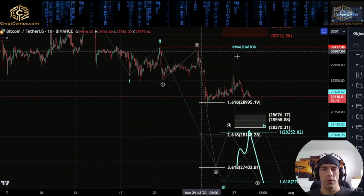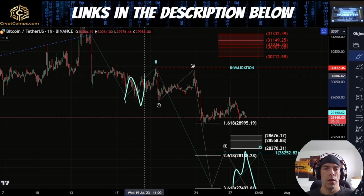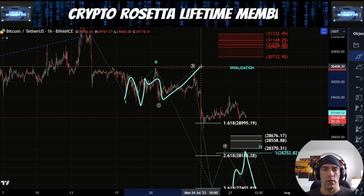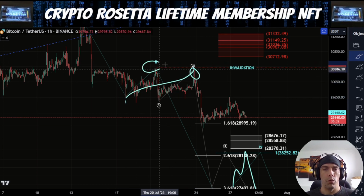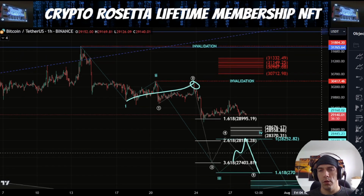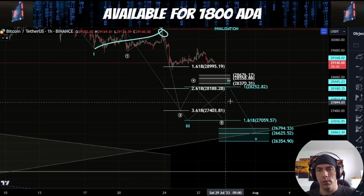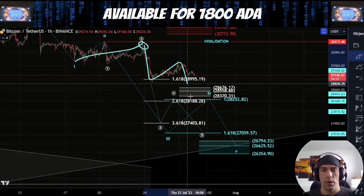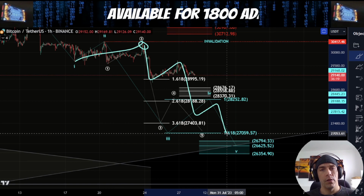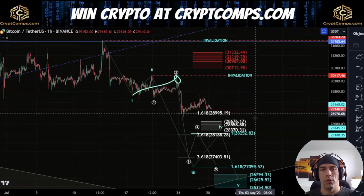Now, this white count here, there's two ways we can kind of look at this move. We could also argue this is W, this is X, and then this is Y. So we could also just have our wave 2 into this point, the blue wave 2, in which case what we're looking for as a target is this 27,059. So if we do start to extend out to the downside here where this becomes 1, 2, we get 3, 4, and 5. This would align with actually coming into this 1618 here, which makes that bearish situation more likely,